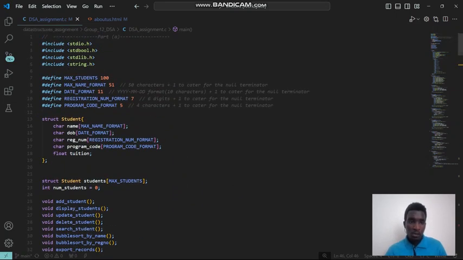So, first of all, what we do, we define the student's data. We define the parameters through which we want to store our data. For example, we are telling the system that the maximum number of students is 100. The maximum characters the name should hold is 50. The maximum characters the date should hold is 10. The registration number should have a maximum of 6 and program code maximum of 4. But these numbers, of course, look with an added +1, meaning we are trying to cater for the null